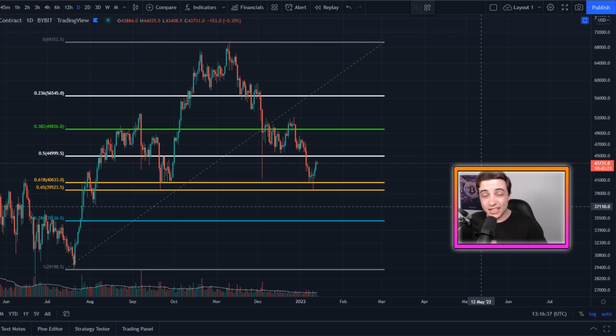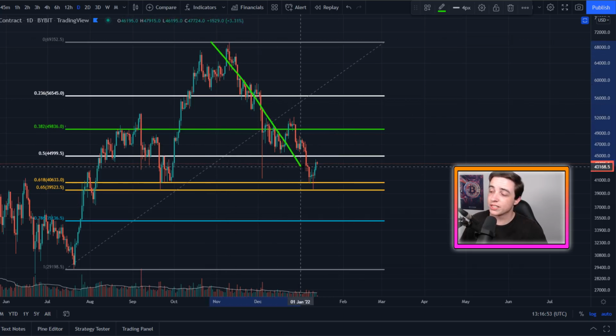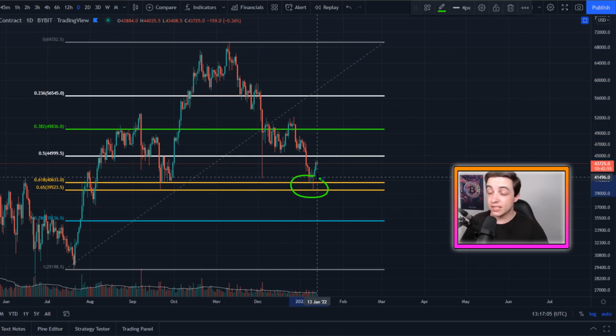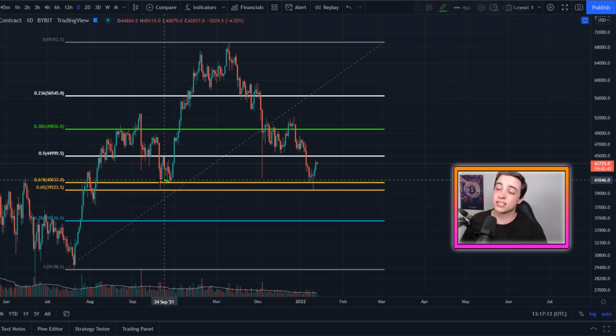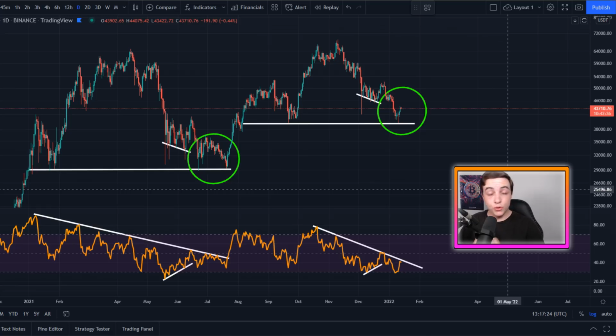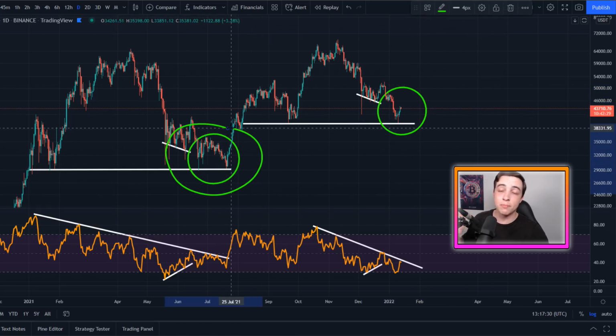The subscribers that have been watching some of my other Bitcoin updates would already know about this chart. But for any of the new viewers on the channel, basically Bitcoin has seen just a standard correction down towards the golden pocket here on the logarithmic settings. And this golden pocket is coming in at around 40,000 give or take. The bottom of the golden pocket is coming in at around 39,500, which was the September low. And so far we have seen a perfect bounce from that exact level. Also, don't forget that we are still playing out this massive fractal between the current price action and this previous price action that we saw back in the middle of 2021.